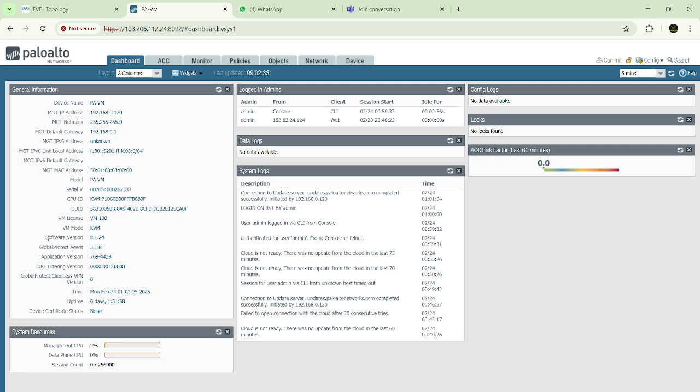And the software version: what software version you have on this firewall, and the uptime. The time of the firewall is the local time, and there is the uptime of the firewall. My firewall has been up for 1 hour 31 minutes 58 seconds. These are the things you will find on the dashboard, and we have other tabs as well: